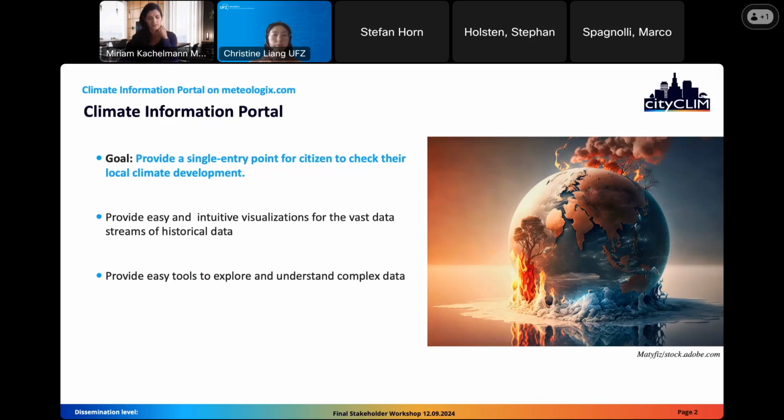We wanted to provide easy functionality, but the main part that we did within the project was to lay the foundation to begin such a one-stop shop for climate information. So what I will show you in a couple of minutes is not the end of this climate information portal, and it's not the full version. It's just the beginning, and some functionalities are available yet, but we laid the foundation during the project